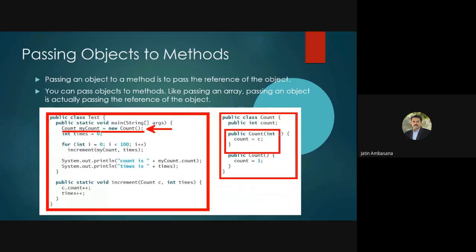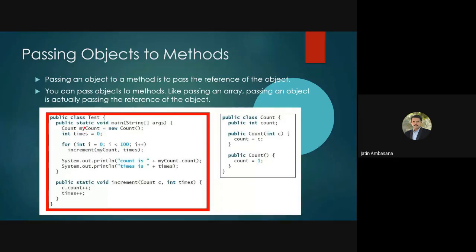See, this is a constructor which can be public, okay, and this is a constructor in which we pass a variable which can be assigned to this count instance variable, and there is another default no argument constructor which assigns 1 to the count. Okay, now a Count class has been made.